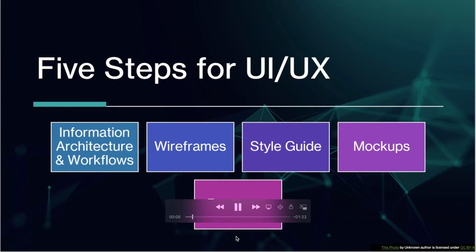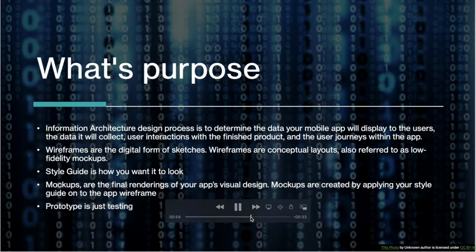There are 5 steps to UI and UX design. There's information architecture, wireframe, style guide, mockups, and prototype. With these 5 steps, the purpose is basically how the app looks and what it is used for. With the information, it's how does the app support the user and what will it do for the user. And the wireframe is basically how the app is going to look, the sketch,